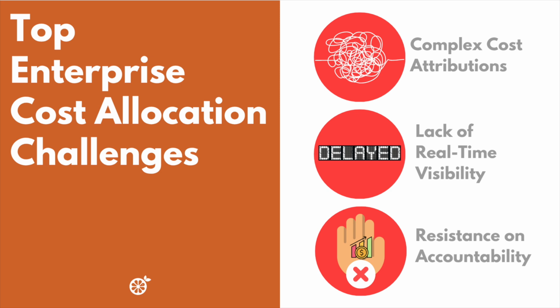Enterprise cost allocation breaks down at scale. Different enterprise technologies all meter differently. Shared services blur ownership, and tags are incomplete. Attribution is complex and often wrong. We lack real-time visibility, so finance sees spend months later, after the money's gone. The result? Month-end surprises, disputed chargebacks, and lines of business pushing back on accountability because the numbers don't feel fair